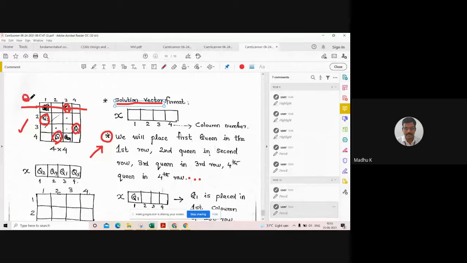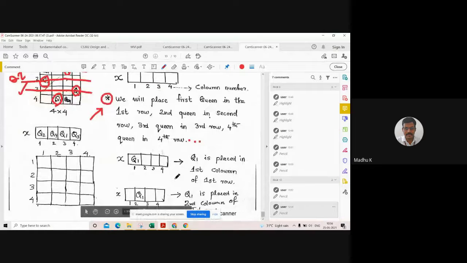In this row only I will place q1. In the second row I will always place q2 only; it is reserved for q2. Okay, the third row is for q3 and so on. So if I take this assumption, then I can define the